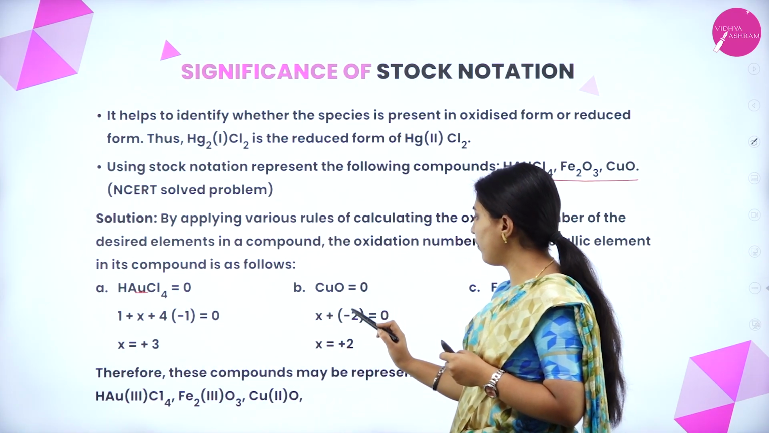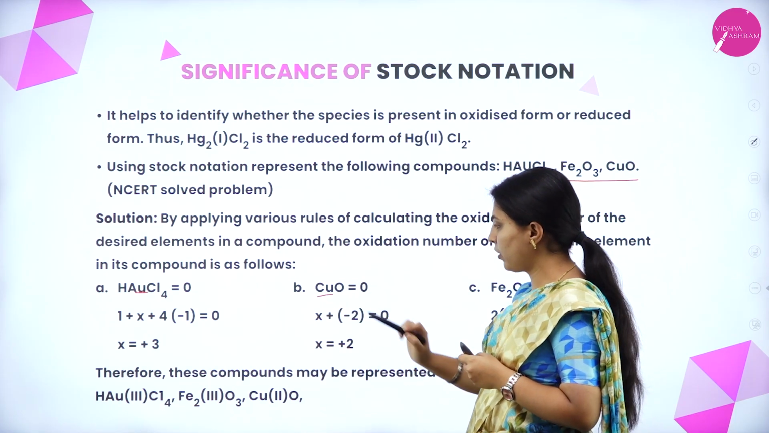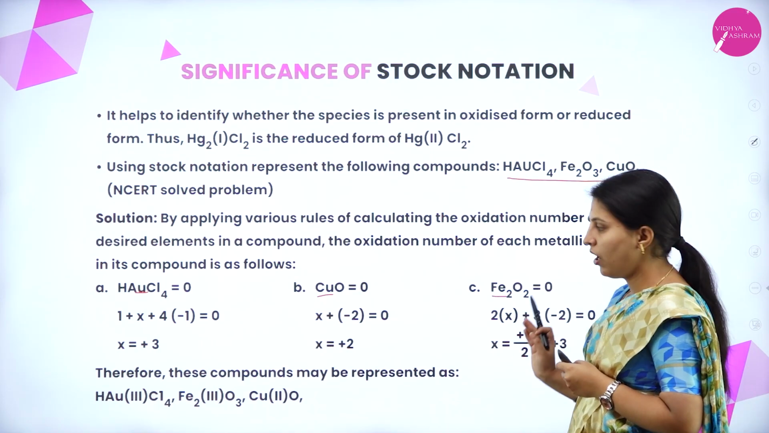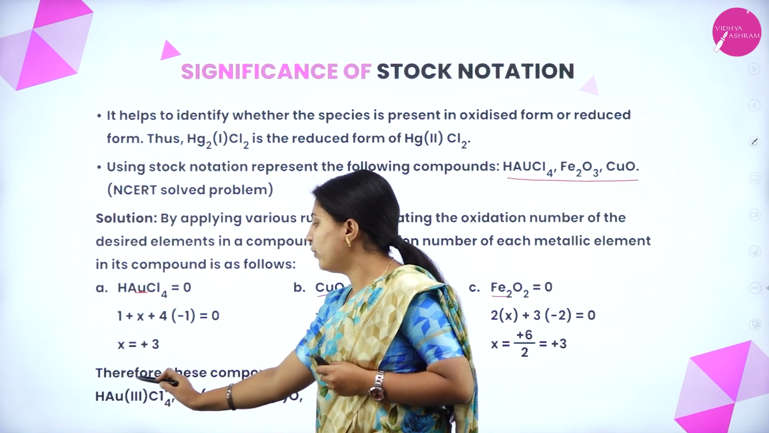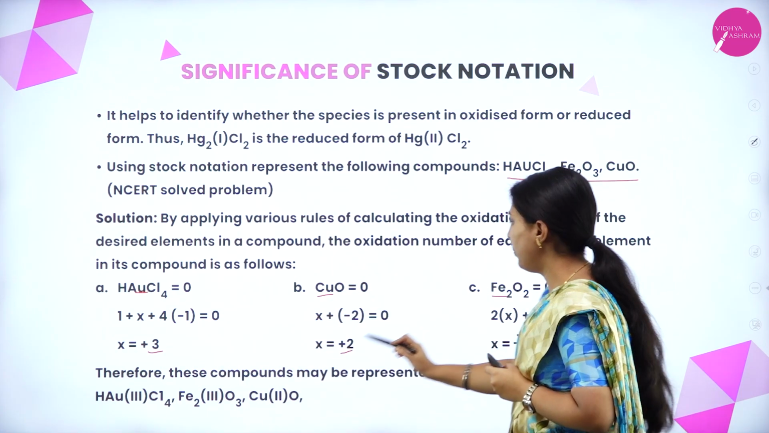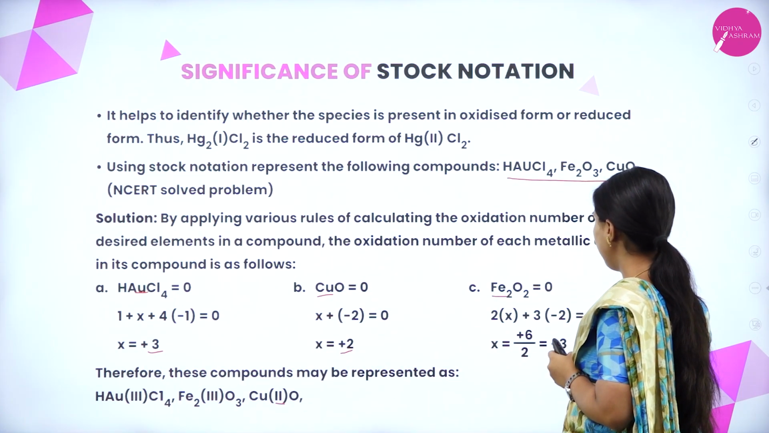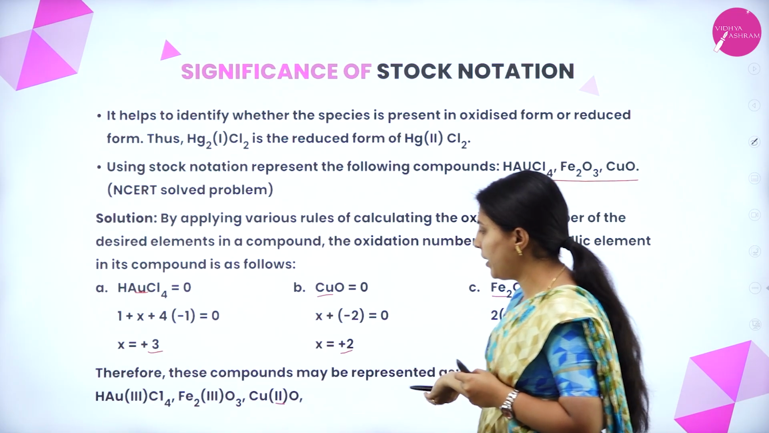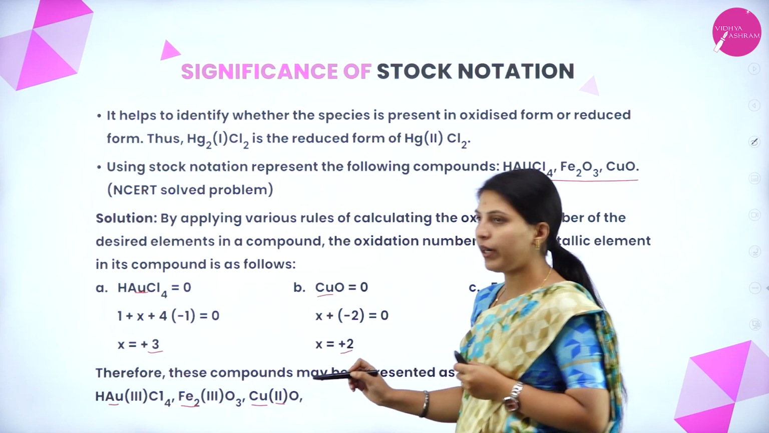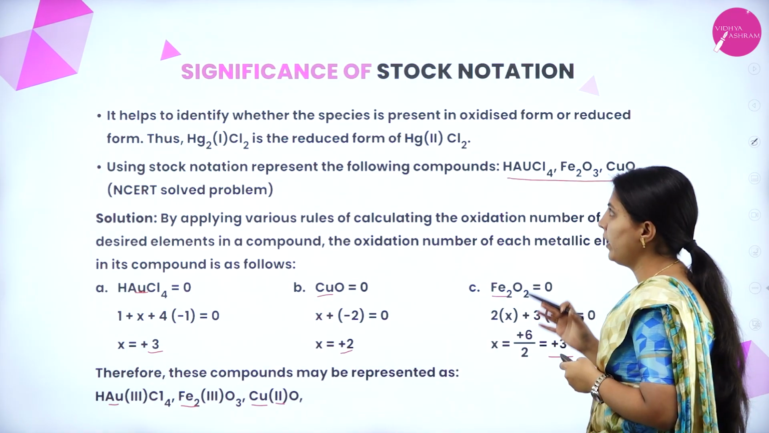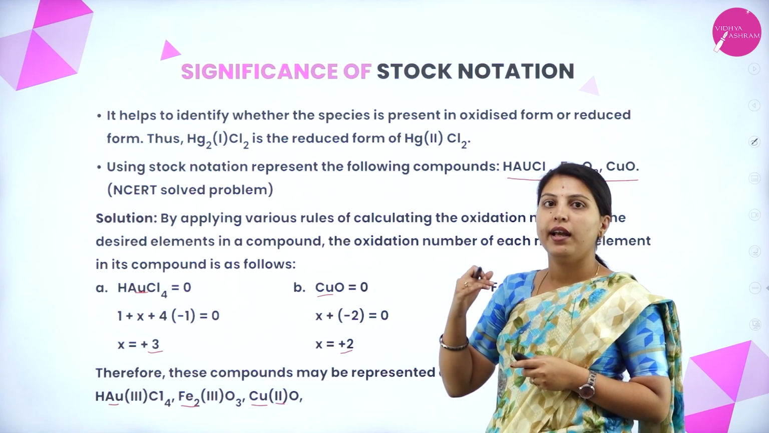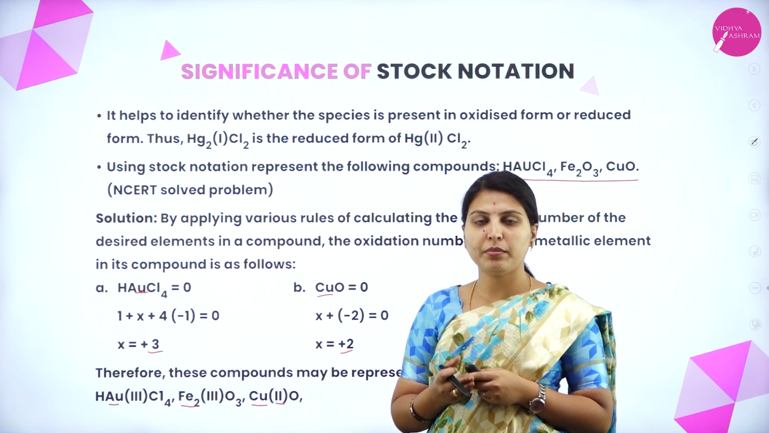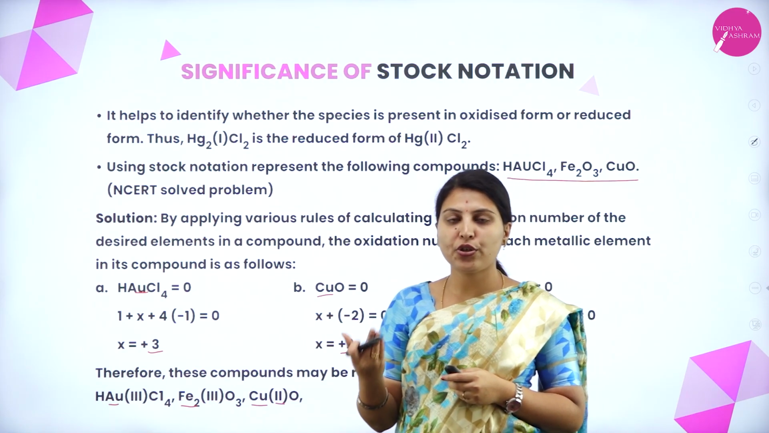For cupric oxide you are finding out for this copper only. So plus 2, for Fe2O3 plus 3. How they have written? H Au in plus 3, here copper plus 2, for iron plus 3. Okay. Whatever oxidation number you find out, after the metal you have to write it in parenthesis. Okay. This is about oxidation number, the rules to assign the oxidation number or oxidation state, and stock notation